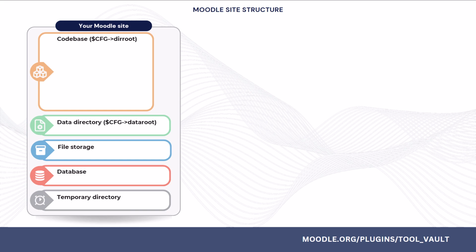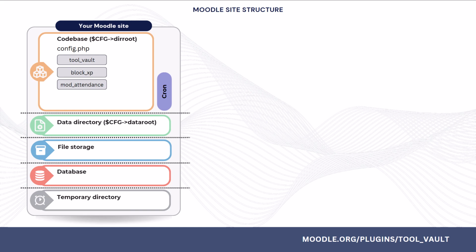When you install Moodle plugins, they're added to the same folder as the core Moodle code, the codebase. Inside this folder, you'll also find the config.php file. It holds important information like the paths to the data directory and file storage, and the database connection credentials. There's also a cron process running on the Moodle server. It handles scheduled tasks and long-running ad hoc tasks, and is essential for Moodle to function correctly.